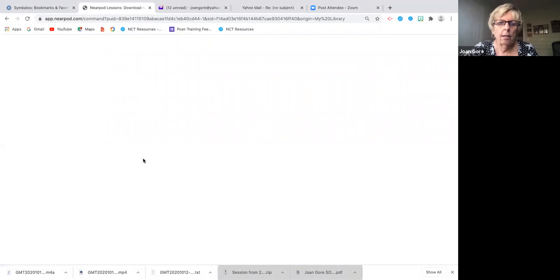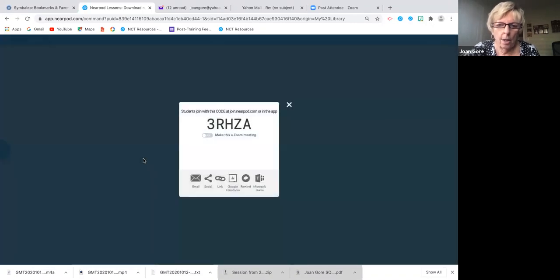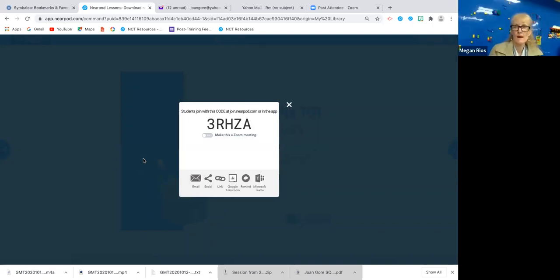When I click on it, it generates a code, and it's these 5 characters. It is not case sensitive. I give this code to my students. Since you're my students, you should be at nearpod.com. There's a little spot where it says student code or join or something like that, and you put in this code. This happens to be